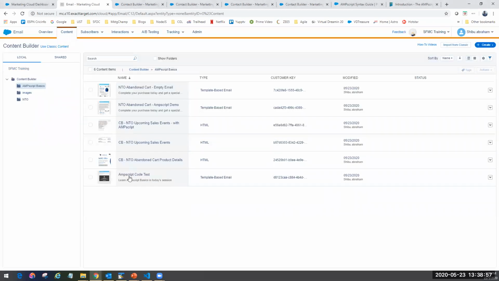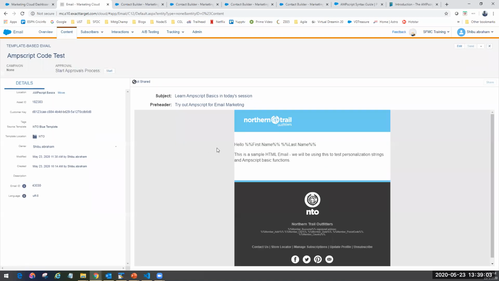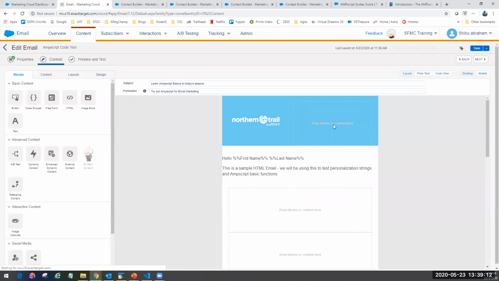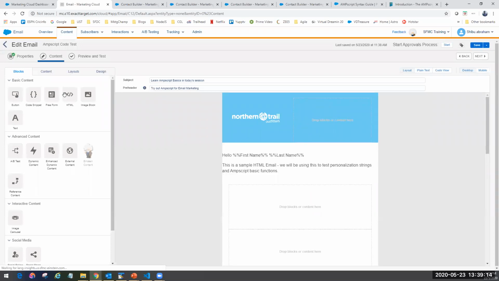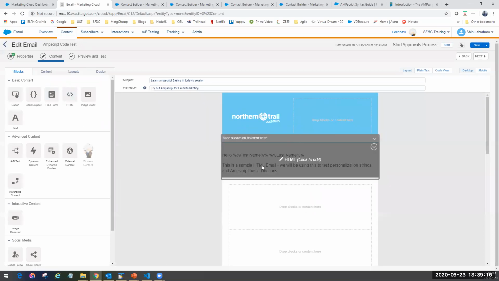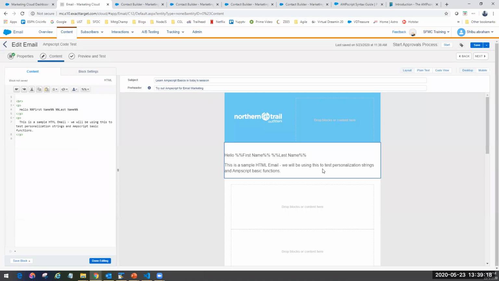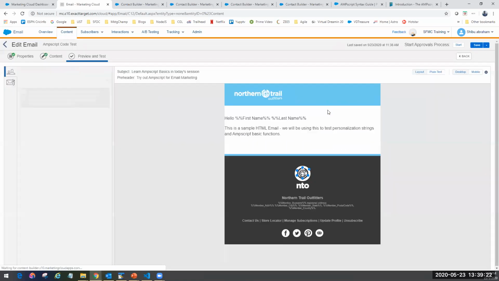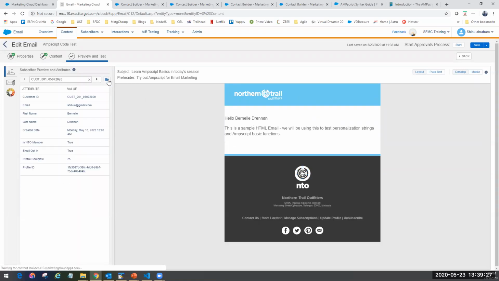You can just create a regular HTML email. I just created a sample one here, and I've put in an HTML block. This is an HTML block, and I just want to edit it, so if I click edit, as you can see, this is a content block. I just pulled an HTML from there and kept it. When I click on it, I can just edit it. Whatever I edit in this particular one, I'll be able to preview when I go to the preview. So if I click here, and as long as you give a proper data extension.